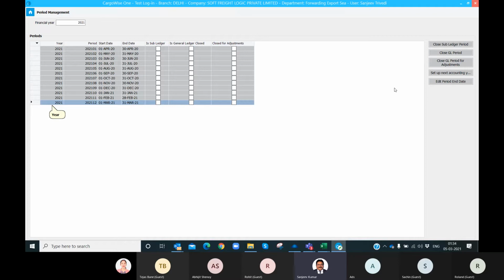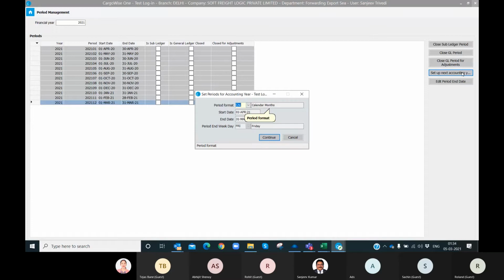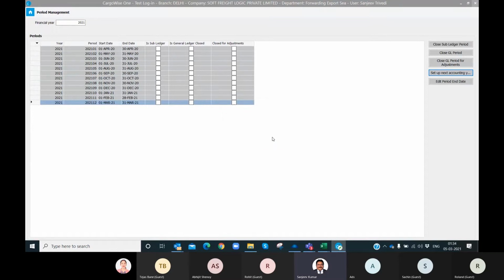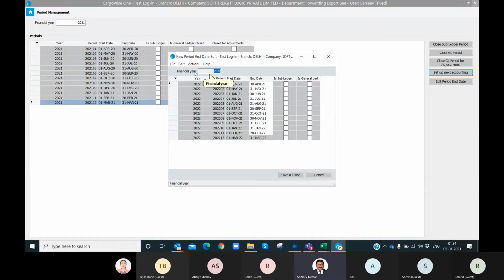So you can see here on the right hand side, set up new accounting year. If you go to set up new accounting year, it will ask to continue, and you can see financial year 2022 is there, and again it is starting from April up to March because I have logged into India, and in India the financial year starts from April to March.